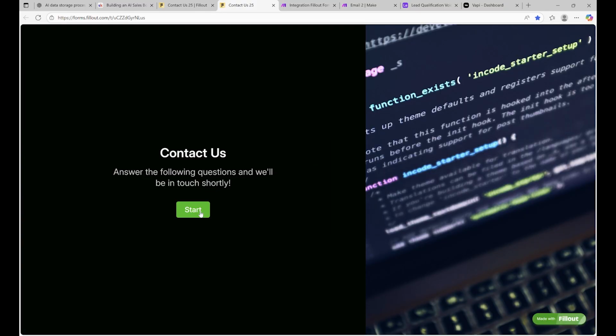Alright, so now we're going to be going through a test run, going through the entire process that, if you make it to the end of the step-by-step guide, you can build. But I'm just showcasing the functionality of it